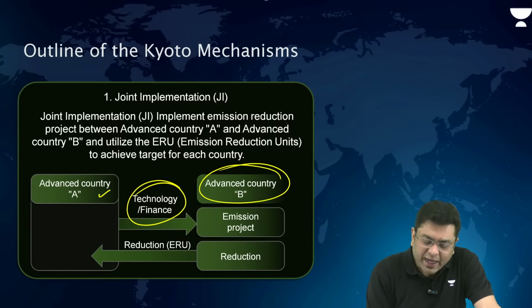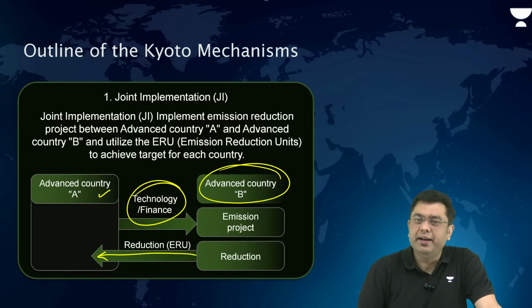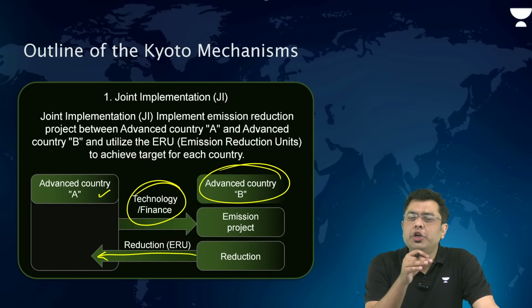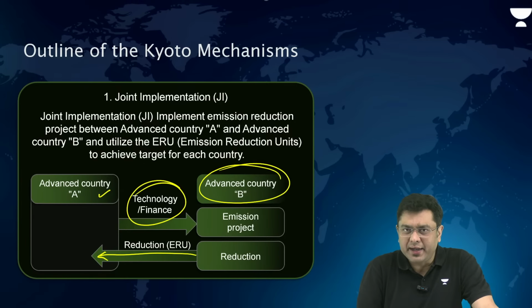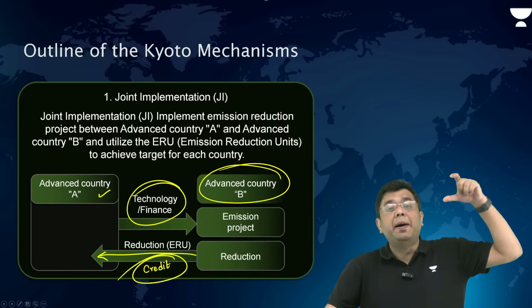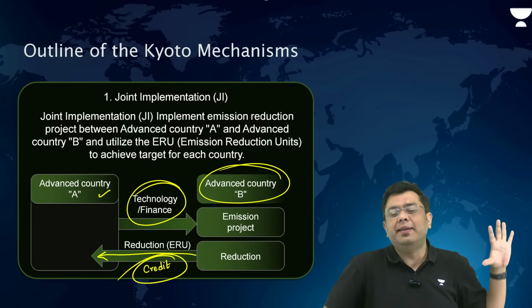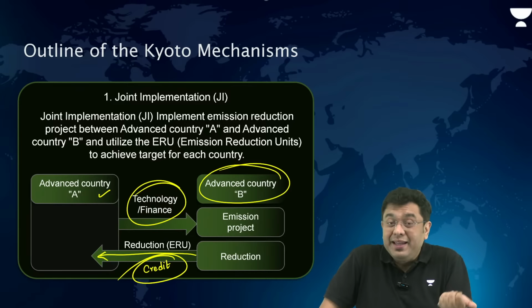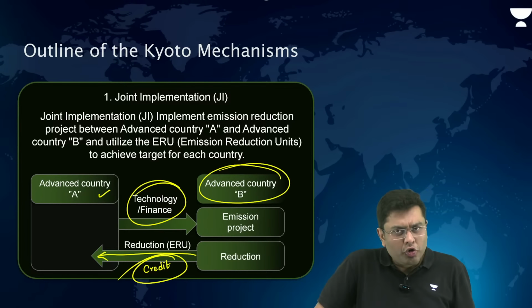In any of the emission reduction projects, solar plants, wind power plants, any of those categories. And after that, it will be given credit, right? Emission reduction unit is the name of the credit. So this is basically the credit. So let's suppose you have exceeded the target by X, you have to gain X amount of credit. At least like this, you will be able to attain your goal.